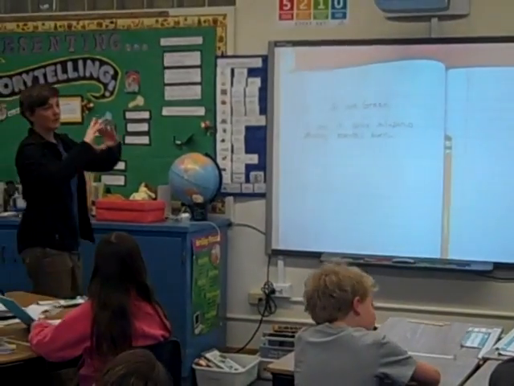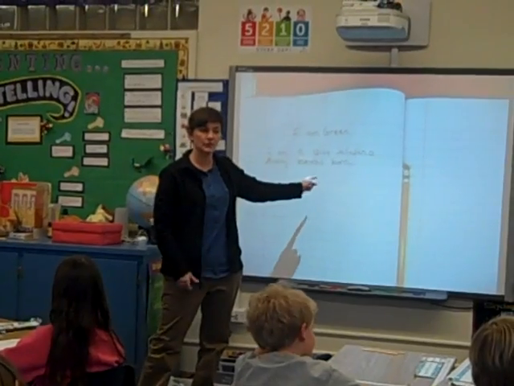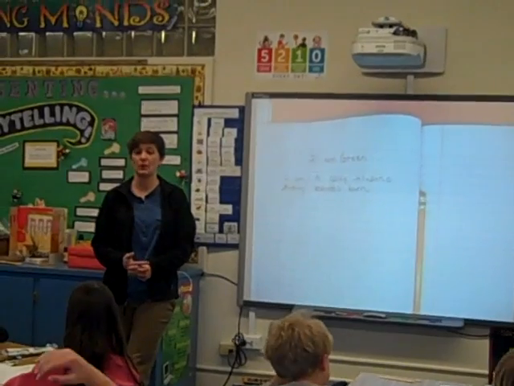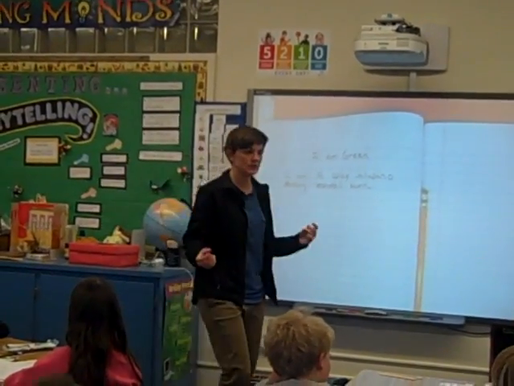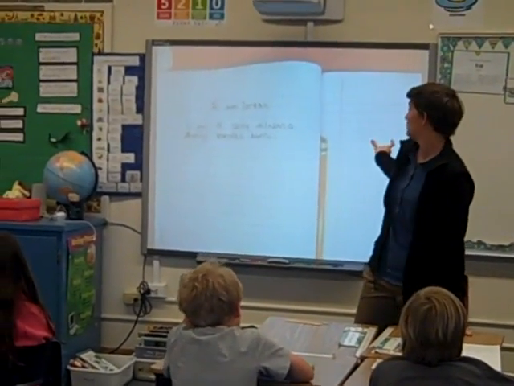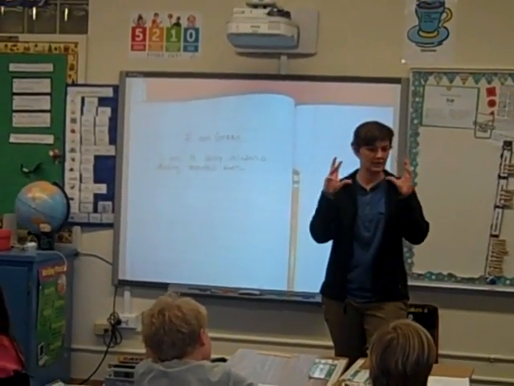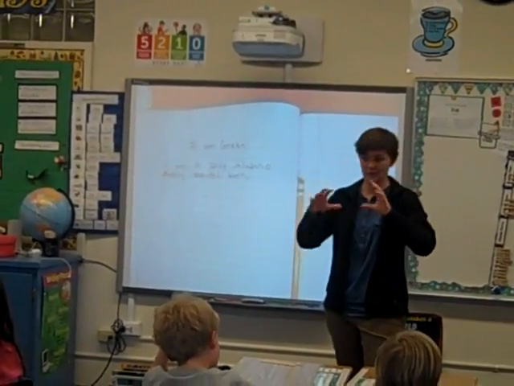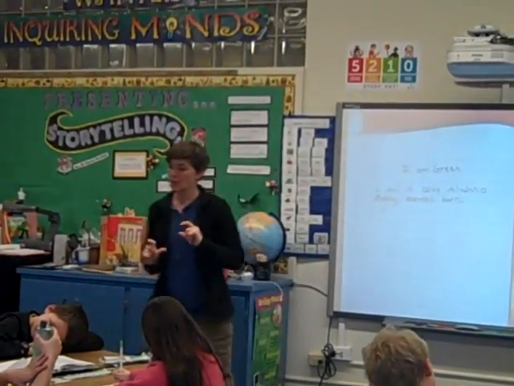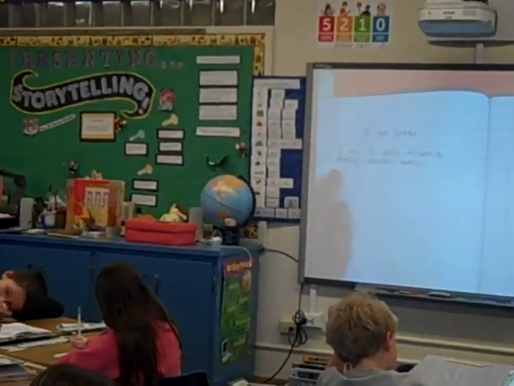So this would be how the beginning of my poem will look. I chose to write about the jalapeno first for you. So I am a spicy jalapeno making mouths burn. So I took some of those powerful words and I put them into my first stanza. The stanza is that first little thing that looks like a small paragraph, right? So we're going to call those the stanzas of the poem. Your poem is going to have 4 stanzas, or 4 small little paragraph shapes. Then my next one, and that's all I'll write about jalapeno.